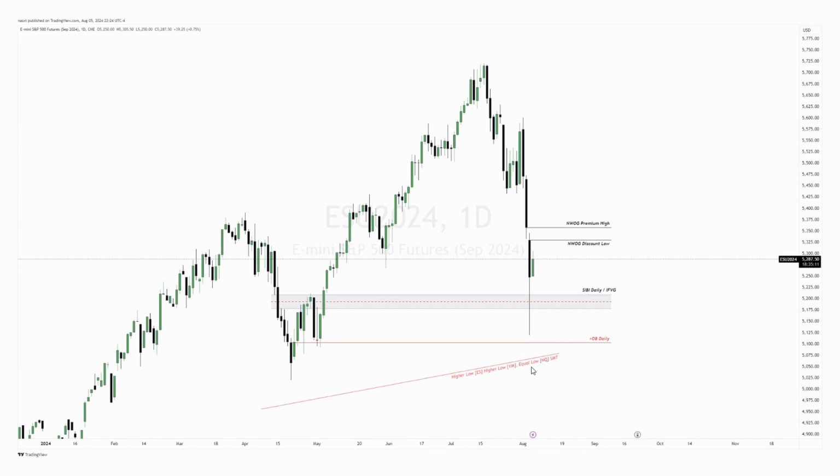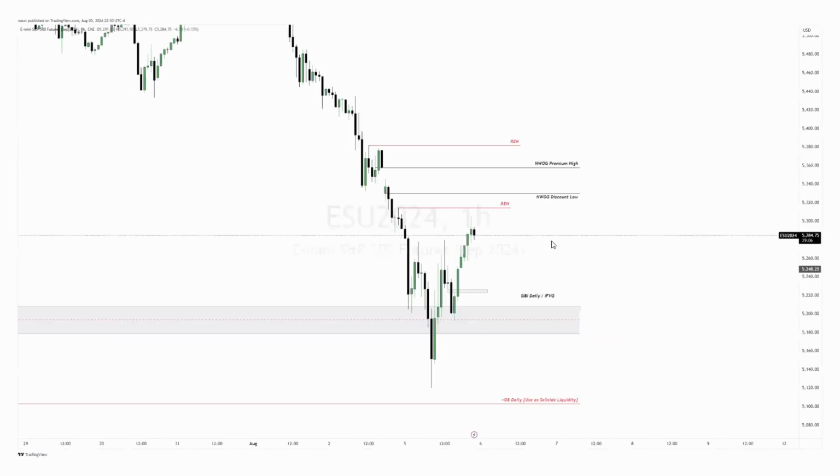So again, I would like to reiterate, there are equal lows on NASDAQ, which you guys clearly saw earlier in the video. And so that makes it really, I think this is manipulation higher, and then they're going to engineer some liquidity and then plunge it down into sell side one more time. That's the narrative.